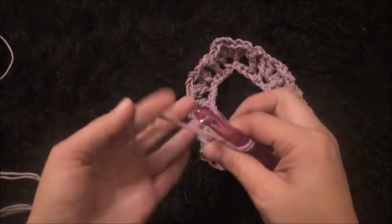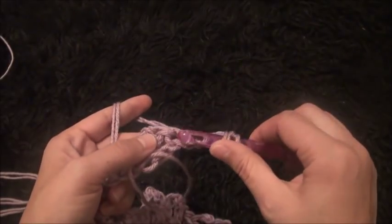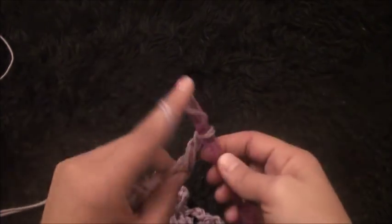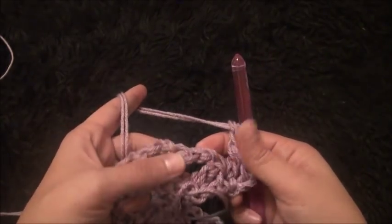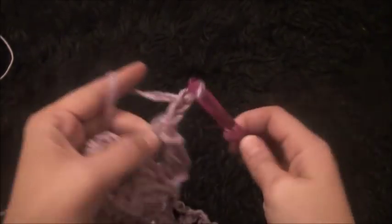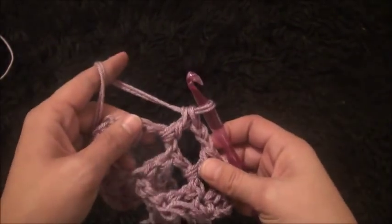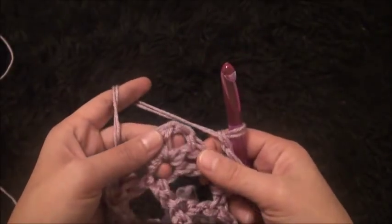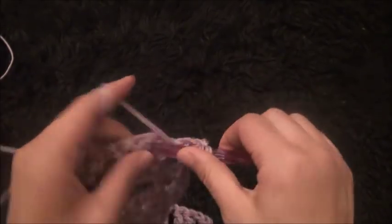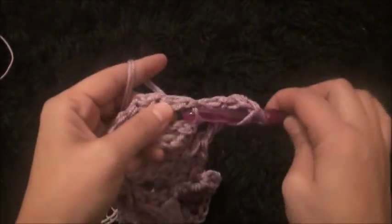Now for row 2 I'll turn my work around and then I'll chain 3, then through that same double crochet chain I'll make 1 double crochet. I'll chain 2, then through this next 2 chain loop I'll make 1 double crochet, chain 2, through this next 2 chain loop I'll make 1 double crochet, chain 2, through this next 1 chain loop I'll make 2 double crochet, chain 1, then through that same 1 chain loop I'll make 2 double crochet,